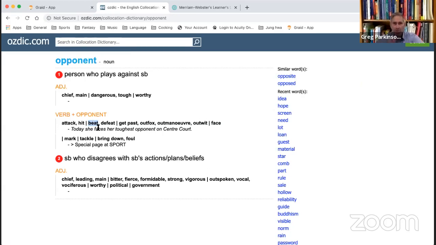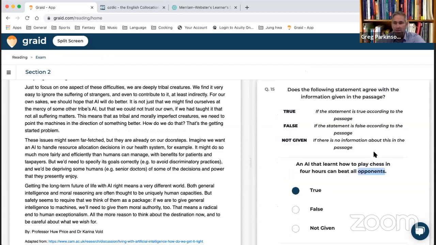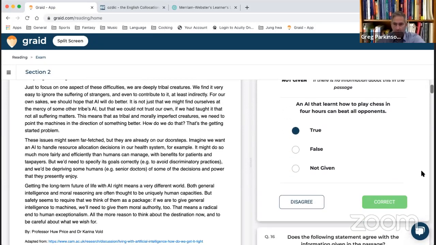So what this Collocation Dictionary shows us is the natural combination of certain words. Again, this Collocation Dictionary does not have every word in the English language, but it will have a lot. It doesn't have every collocation, but the reason I like this one is because it shows the most common ones, right? So I just wanted to point that out, right? So beat opponents, right? That's a strong collocation. So we'll go through